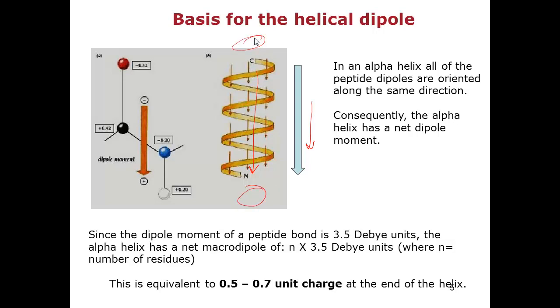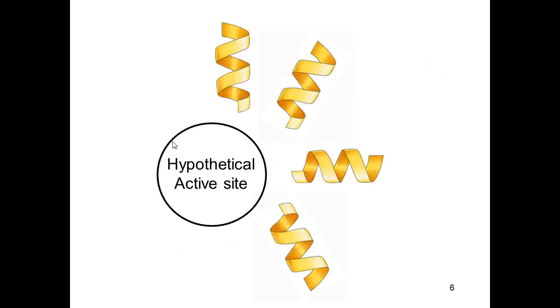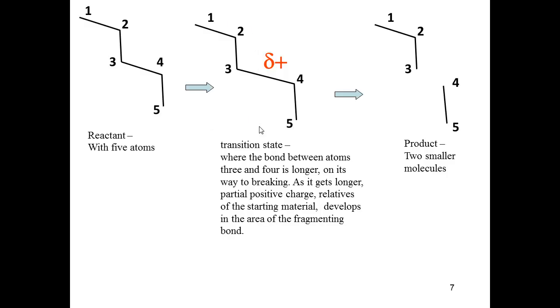Now let's imagine a hypothetical active site where there's going to be a molecule reacting in here, and we have 4 alpha helices lined up pointing towards the active site. It's not at all unusual to have this sort of orientation, although it would be spread out in 3 dimensions rather than in 2. Now, to understand a little bit more about the stabilization of the transition state, we need